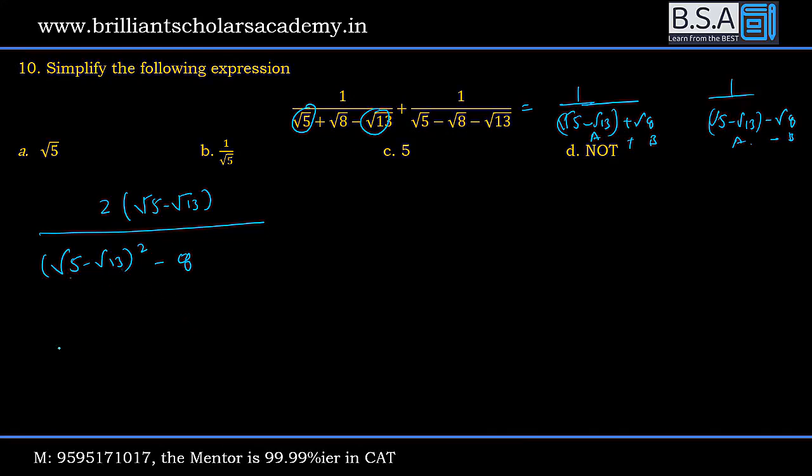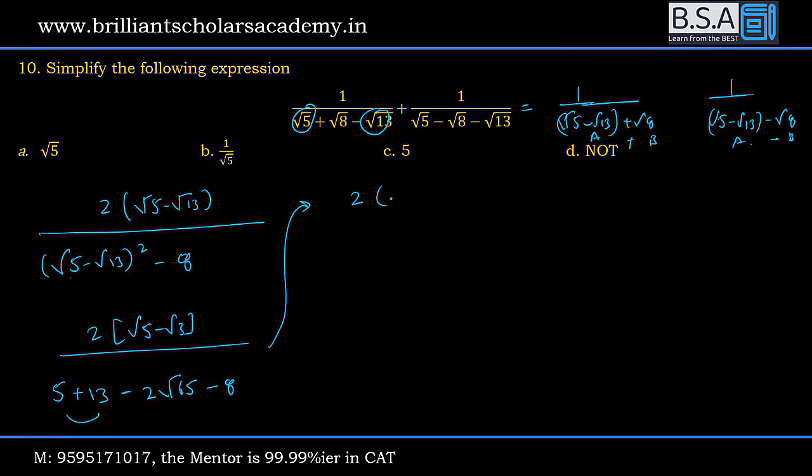अब ये क्या लिखा हुआ है? a माइनस बी होल स्क्वायर। केवल न्यूमरेटर को छोड़ो, डिनोमिनेटर पे ध्यान दो, फॉरगेट द न्यूमरेटर फॉर द टाइम बीइंग, ये कहीं नहीं जाना। a स्क्वायर प्लस बी स्क्वायर माइनस 2ab माइनस 8, ये कितना? 18। 18 माइनस 8 आ गया अपने पास यहाँ पे, 18 माइनस 8 इज 10। हर जगह देखो 2 2 कैंसिल हो जाएगा। व्हाट आई हैव फॉर यू, ये लिखता हूं मैं, 2 रूट ओवर 5 माइनस रूट ओवर 13 अपॉन 10 माइनस 2 रूट ओवर 65। देखो अब यहां से 2 सब जगह से कैंसिल हो गया।